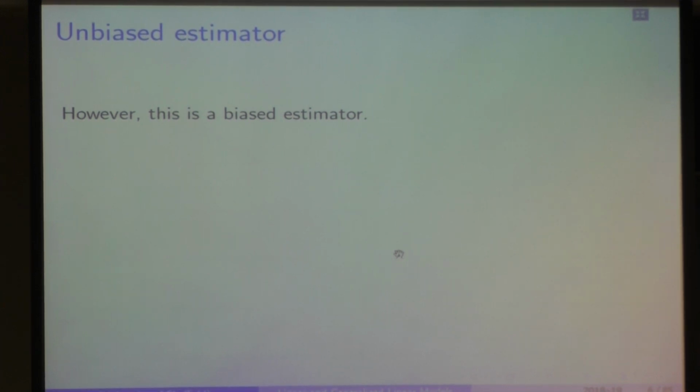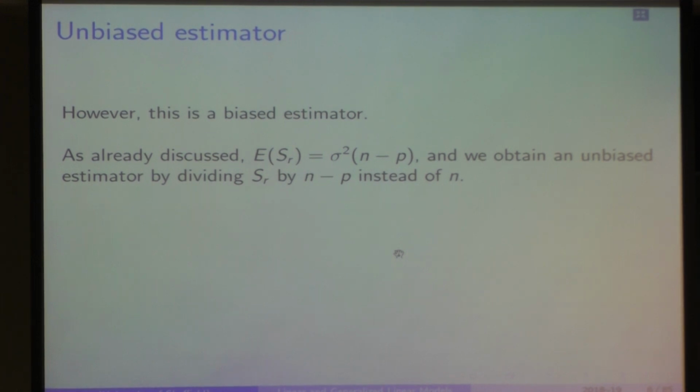We divided by n, whereas an unbiased estimator would divide by n minus p. So it's typically going to give an estimate for the variance which is a bit too small, because we're dividing by something which is too big, n rather than n minus p. Okay, so as we already discussed, in fact earlier in today's lecture, the